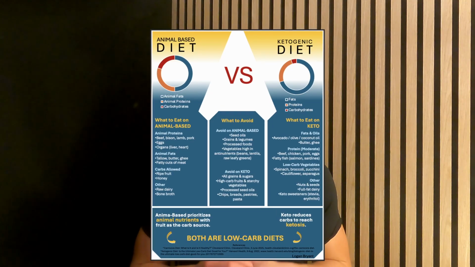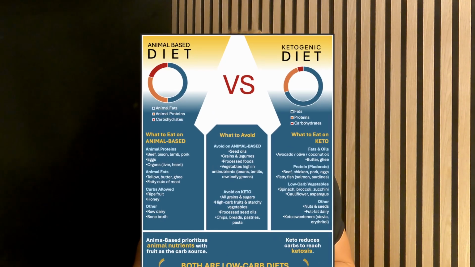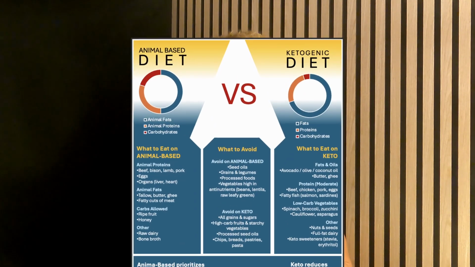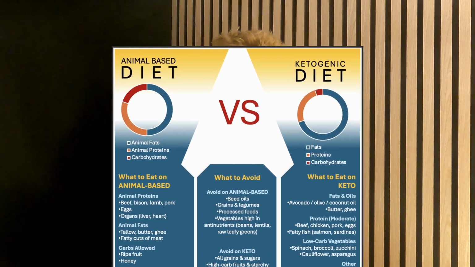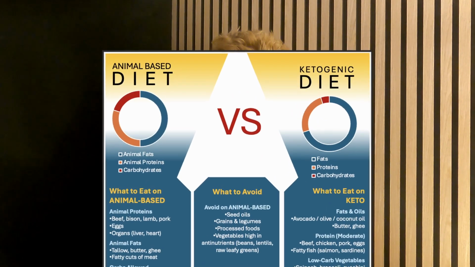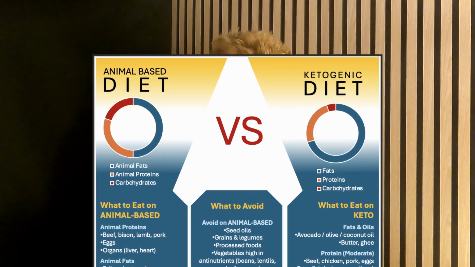The audience appears to be people already convinced animal-based diets are best, rather than someone who is just exploring options. A few changes I'd suggest are reduce text and introduce a clear hierarchy of title, three main sections, and most important examples. My new infographic is titled Low Carb Diets, Keto vs. Animal-Based, and it targets health-conscious or carb-conscious individuals who are curious about diet trends but need simple, balanced, and evidence-aware